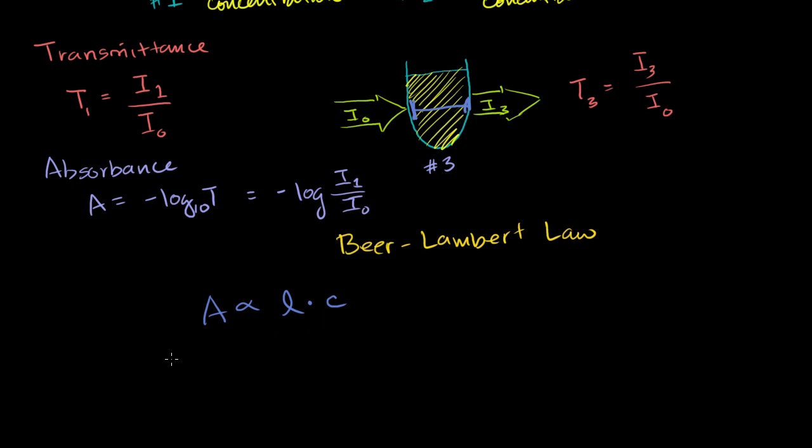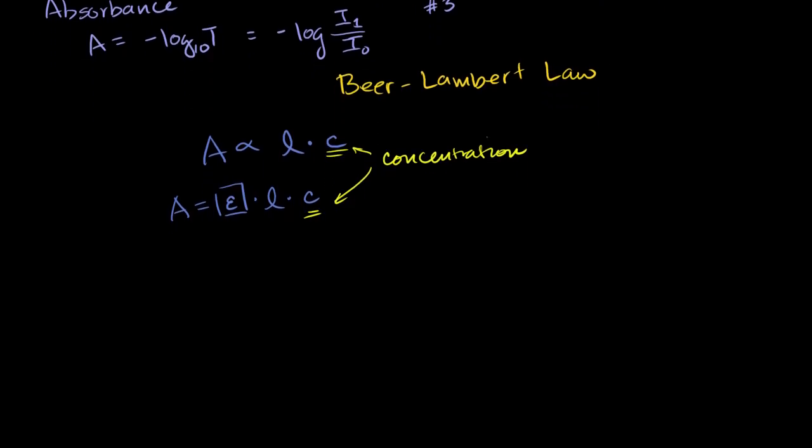Or another way to say it is that the absorbance is equal to some constant. It's usually a lowercase epsilon like that. Some constant, and this is dependent on the solute in question, what we actually have in here, and the temperature and the pressure and all of that. It's equal to some constant times the length it has to travel times the concentration. Let me make it clear right here. This thing right here is concentration. And the reason why this is super useful is you can imagine,